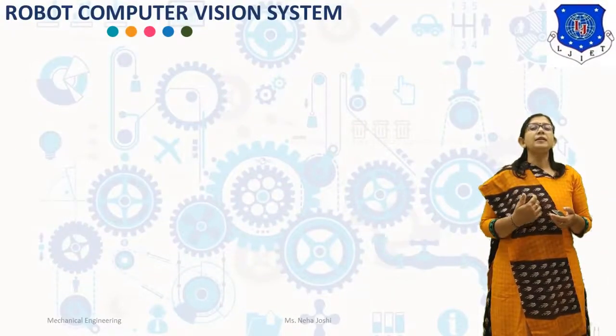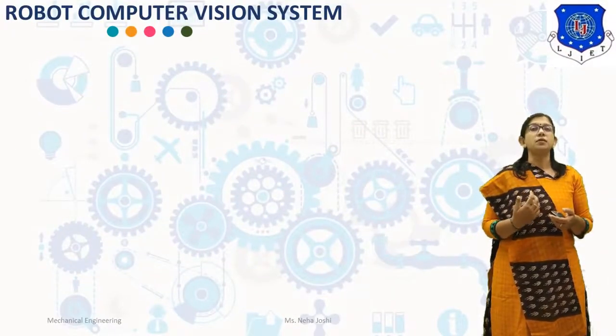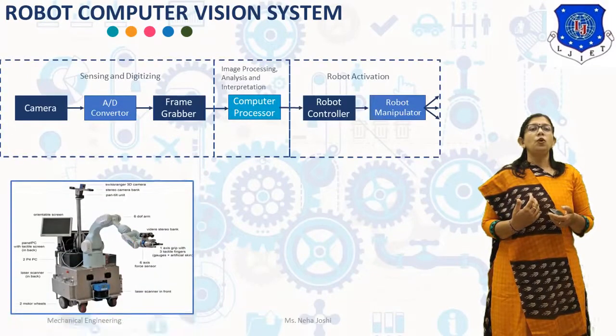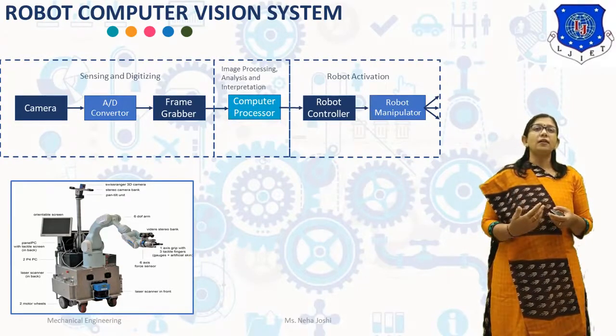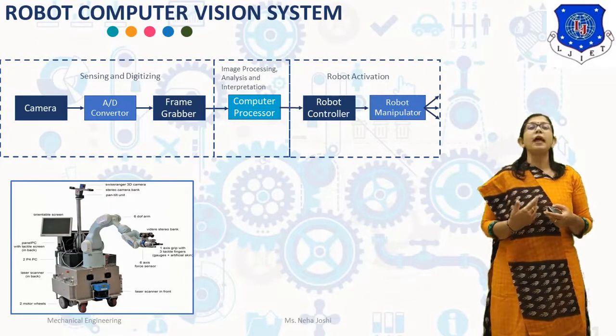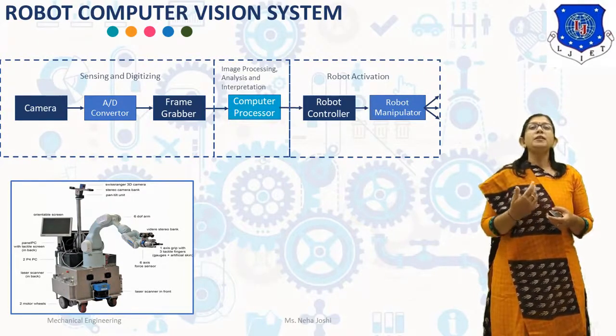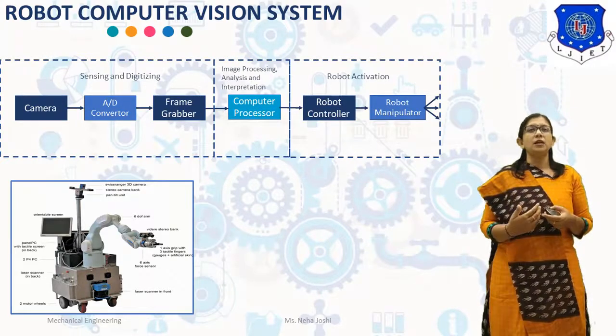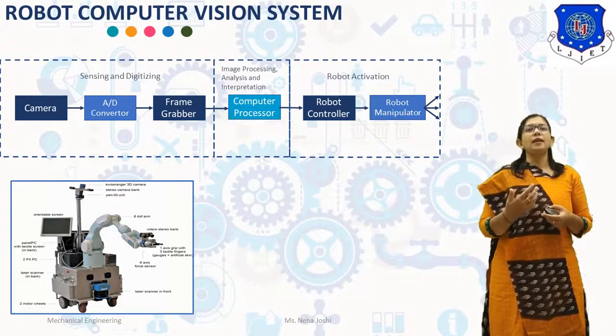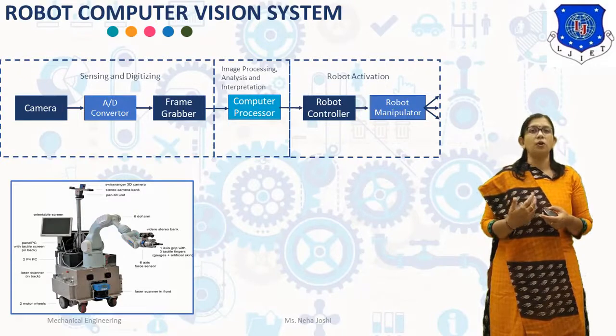Now, robot vision system, or computer vision system. A robot vision system or computer vision system can be defined as the process of extracting, characterizing and interpreting information from images of the three-dimensional world. A robot vision system uses a high-resolution camera to take a 3D image. The image is processed and analyzed. Finally, the processed image data is interpreted by the system for response by the robot.